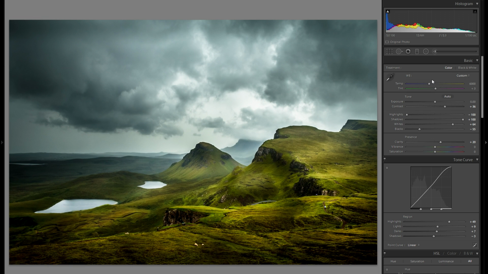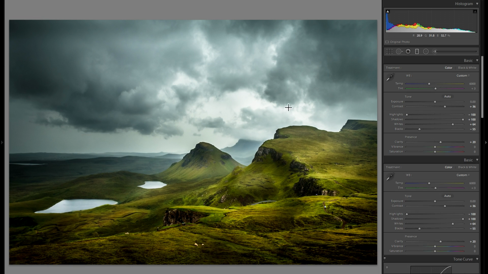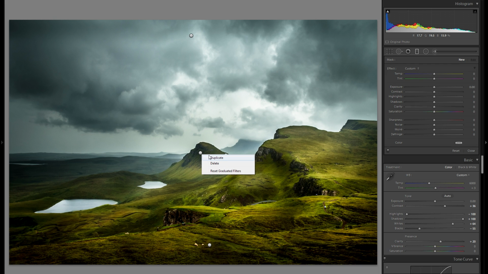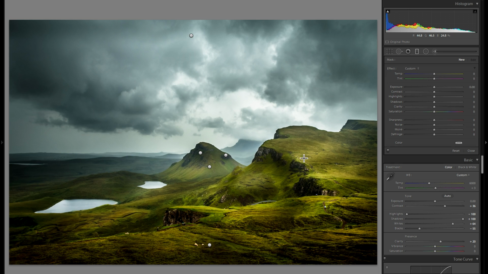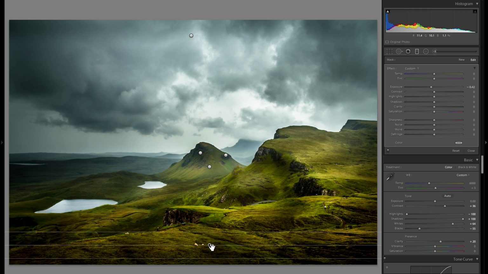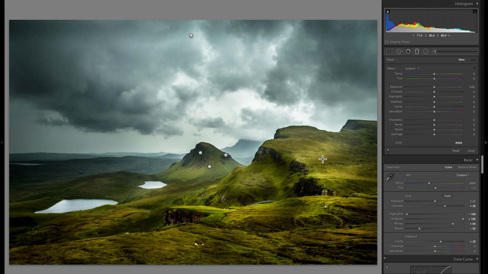The number 1 thing that you can use it for is to fix the exposure in the sky or in any large areas. Pretty self-explanatory, but very useful and very impactful. Then second of all, to add additional vignetting to close out the picture, for example in the foreground and in the sky. And I think that's also very important and very valuable. Doesn't work in every single picture, but in quite a lot of the cases it does. And third,